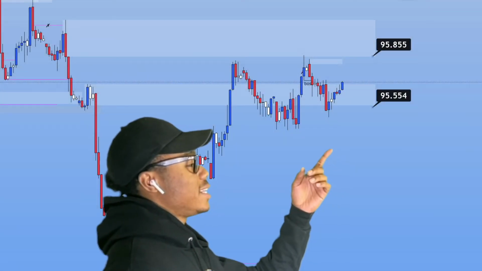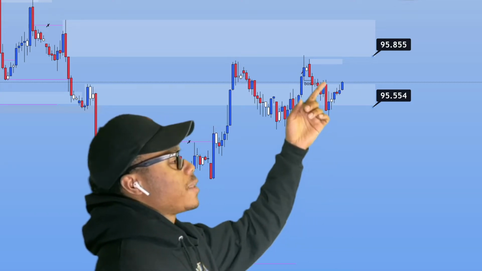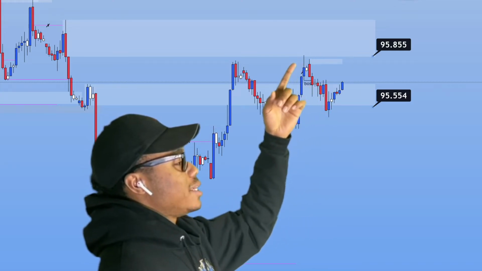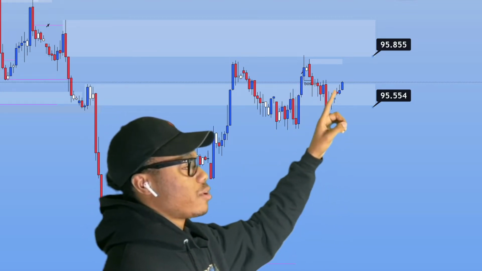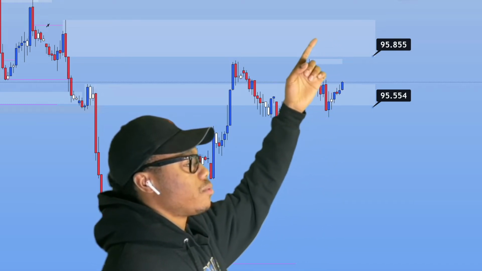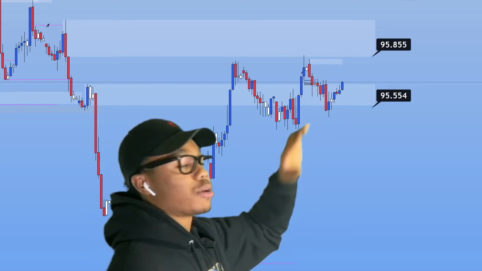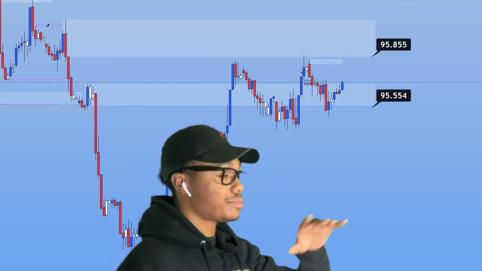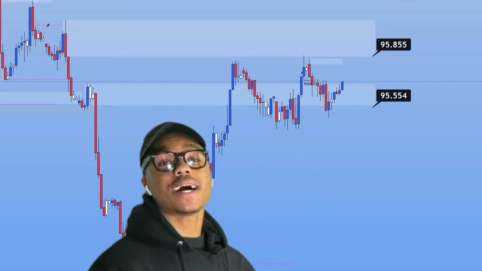So if we're looking at the DXY, we can see that the DXY completely blew through this zone, which we talked about last week, and it pushed to the upside to tap into this zone. Now, price is heading back to the upside, it looks like, from market open, and we can expect price to possibly either tap a little bit more into this zone here, or I have this little area here. You guys can feel free to break this down on a lower time frame for yourself. Okay, but I have a point of interest that I'm looking at price to reject, possibly,